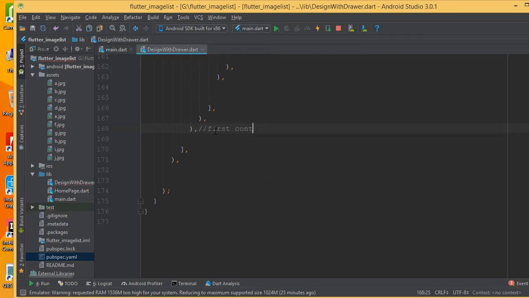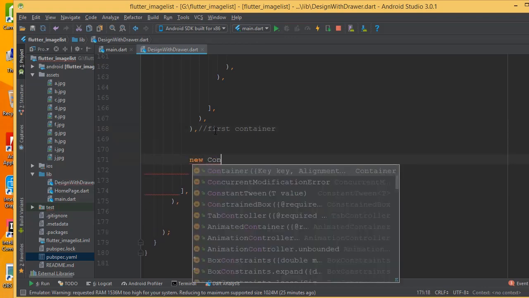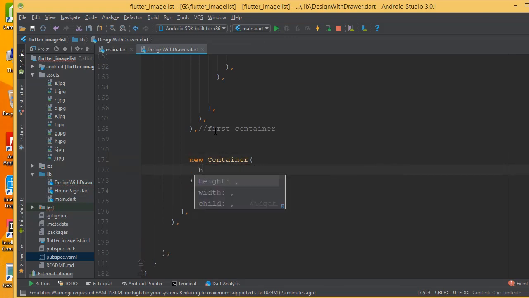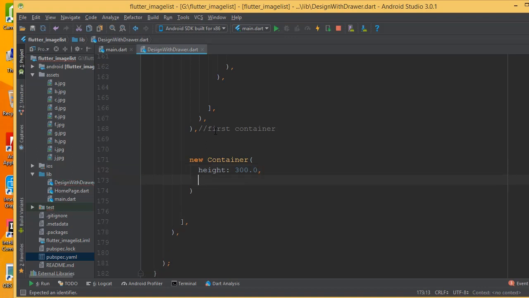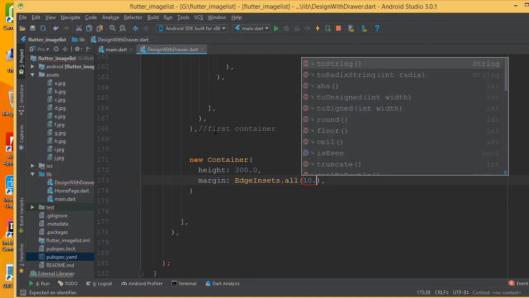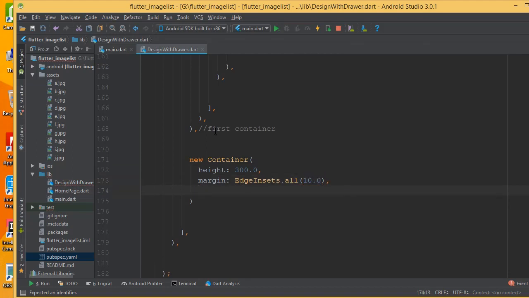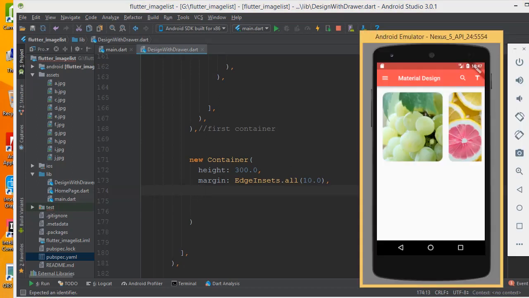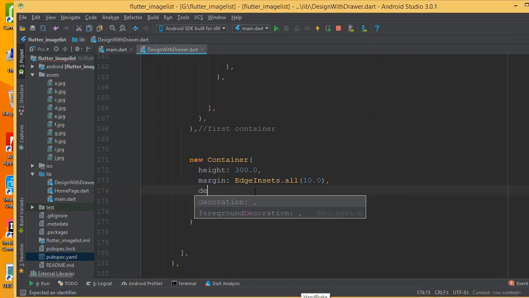Okay, first container. Now we need to add another container. So new container. Okay, define a height, we can choose 300.0, add margin, set all 10 dp. Okay, and now in here do one thing, we will add a background color, and we will add some gradient design. Okay, so for adding a design we need to choose the decoration. It's going to be new